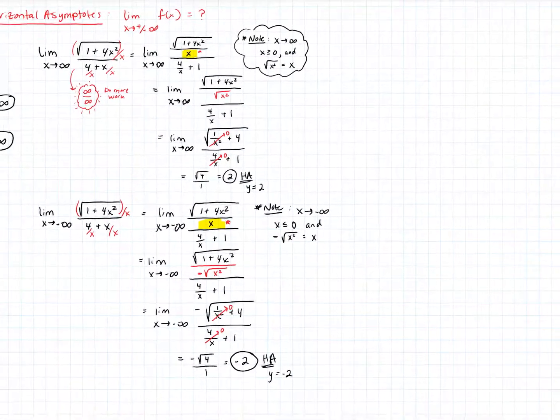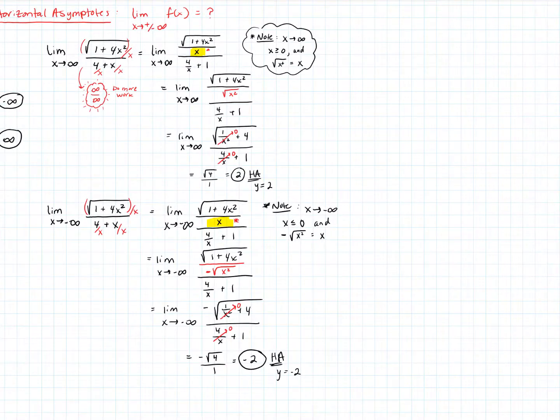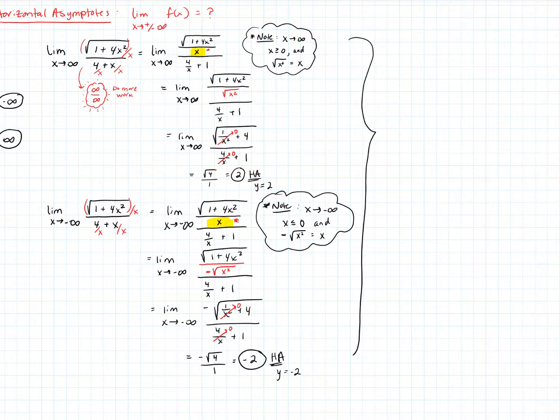So for our horizontal asymptotes, we have to check both sides. And since we checked both sides, and again, I'll circle that note that we used, sometimes you have the same horizontal asymptote on both sides, or you don't have one on one side, or you don't have to have a horizontal asymptote at all. But in this case, we ended up with, for our horizontal asymptotes,